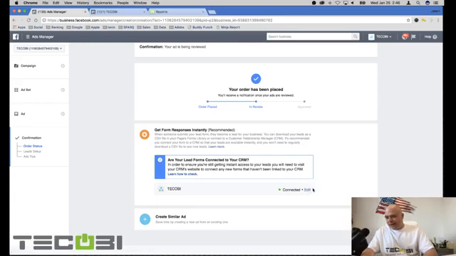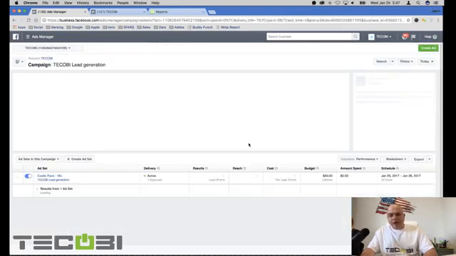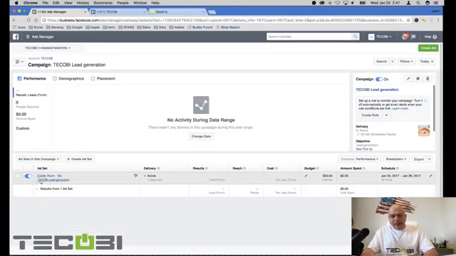I don't know exactly what they have in store for that yet, but I'm assuming it's going to allow you to control which endpoints you're pointing to for your lead forms. If you're not using a CRM or Tacoby or any connecting service, you don't need anything here, and I'm going to show you how to retrieve your leads in case you don't have a CRM or something that's connected to your lead gen forms. So I'm going to click continue,